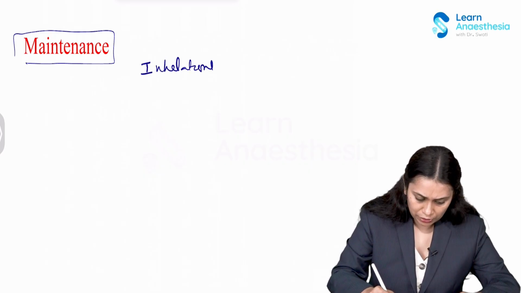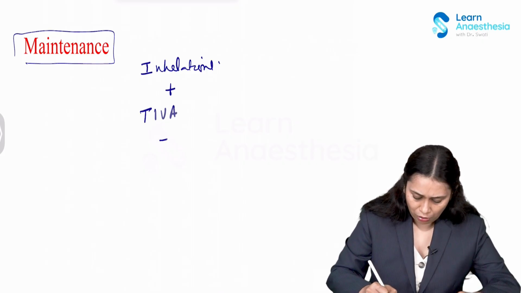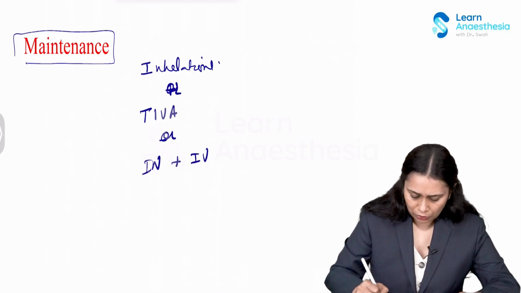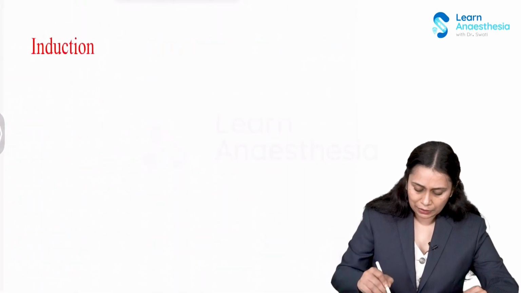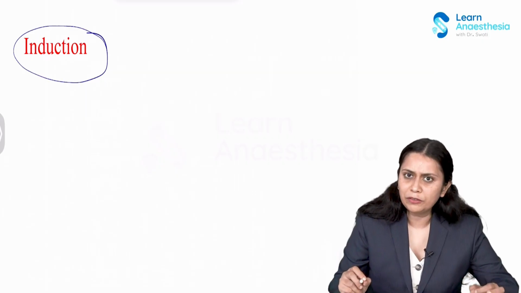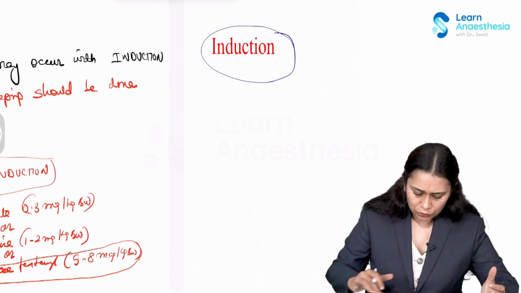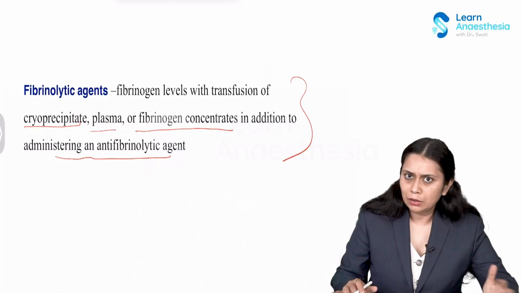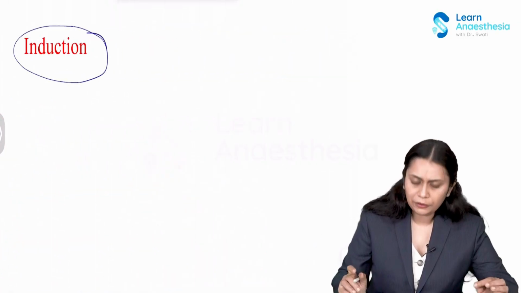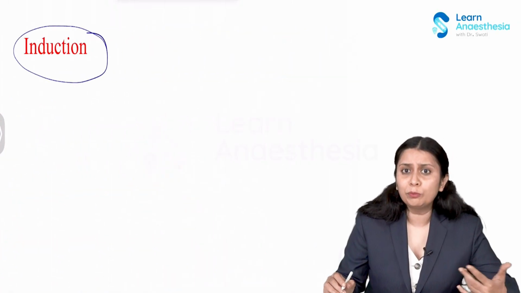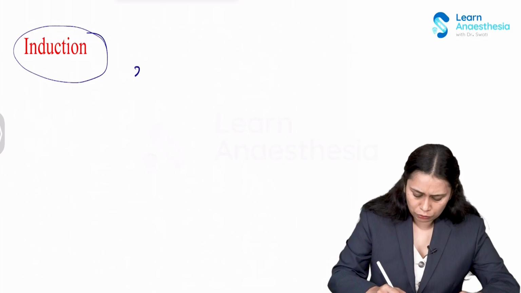We can go for inhalational. We can go for total intravenous anesthesia, or we can go for an inhalational plus IV combination, right? Now, one thing I want to tell you is that you have to do induction in a particular way immediately when the patient comes in the OT. You have done a fast reversal of the anticoagulants and fibrinolytics and you're planning for induction. As soon as the patient enters, the patient may be having 2 large bore IV cannulas,